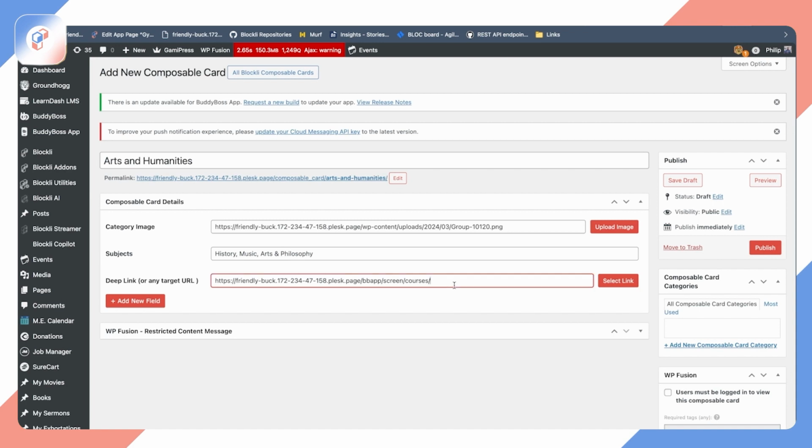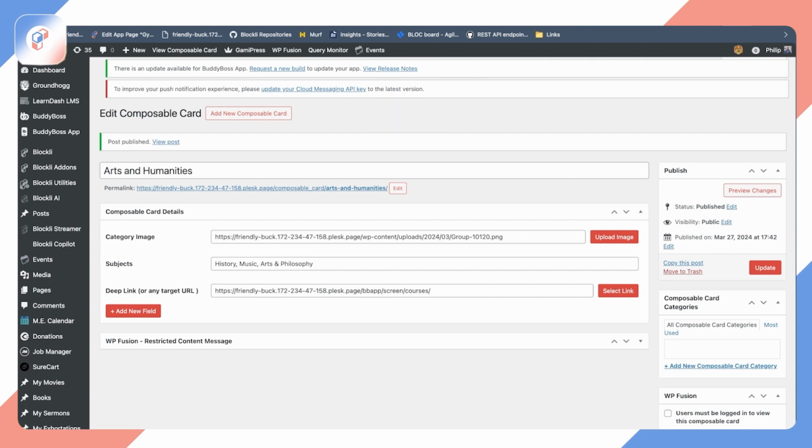Now for you, whatever is the archive screen or the archive page for this category for your LearnDash, then you put it here, and then we're just gonna click publish. So once we publish that,